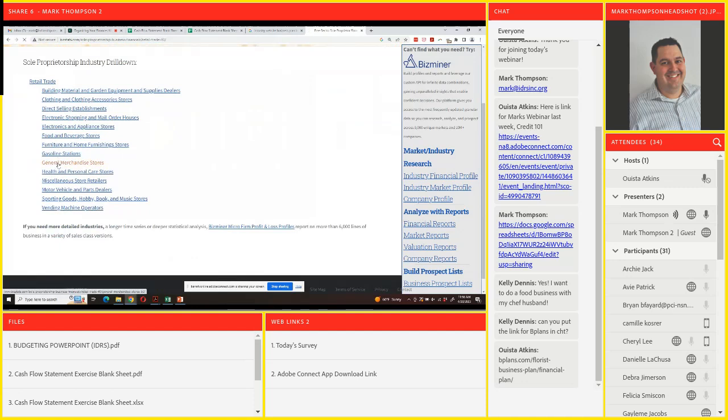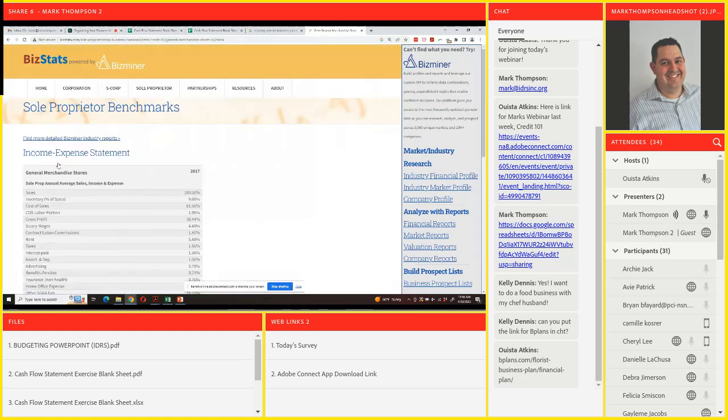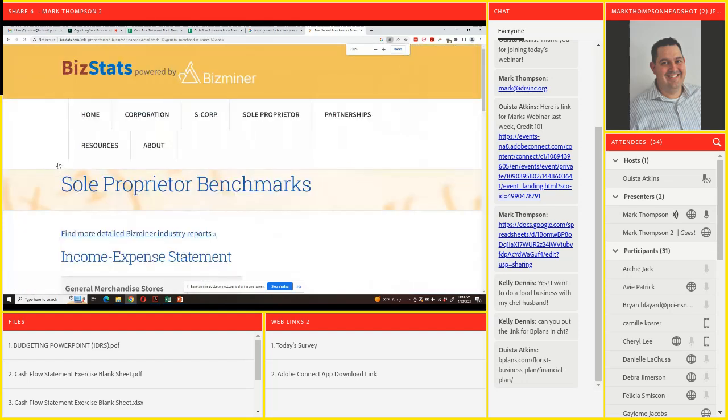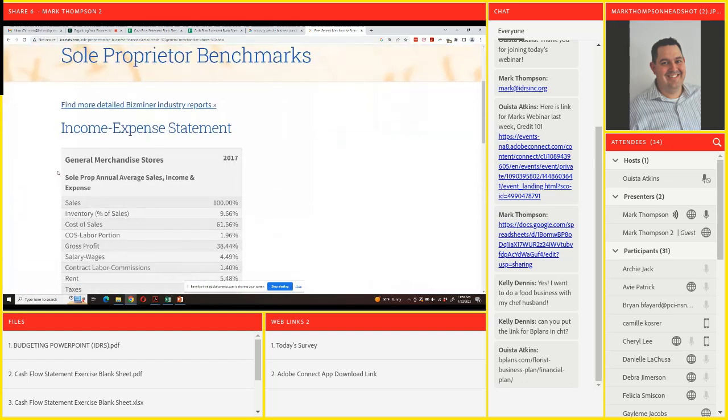and I'll just go to general merchandise stores. And what this is doing, and I'll bring this up so you guys can see this, make it a little bit bigger. It's saying, now it's not giving you the information of what size store you have, right? You saw earlier, we just did the example of how we're estimating the amount of income we're coming in. But what you do is, after you get that number, that becomes the sales number. Then what you do is you can multiply, and it has given you industry averages for each of these different